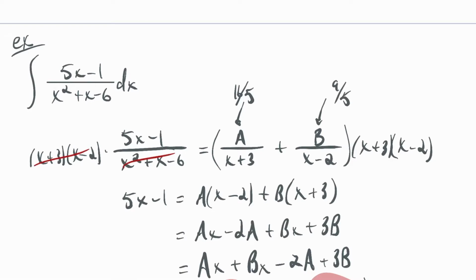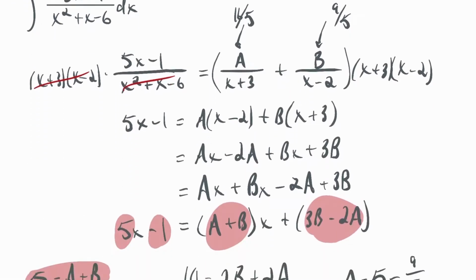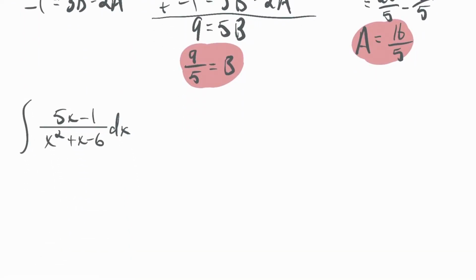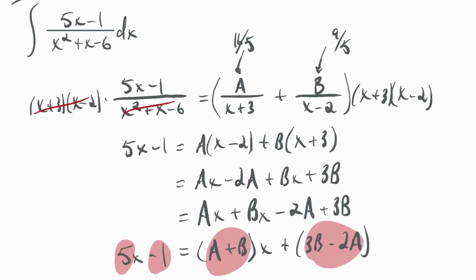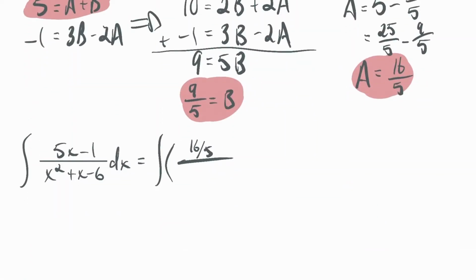If I put those numerators in, then this is an equation that's actually true. So I can copy this down here. Okay, now we're ready to solve the integral or find the antiderivative. This is the integral of 16 over 5, and I guess I could use decimals if I wanted. That would be 3.2, I believe. Over, was it x plus 3 went first? X plus 3 went first. Make sure you get the order right. Plus 9/5 over x minus 2